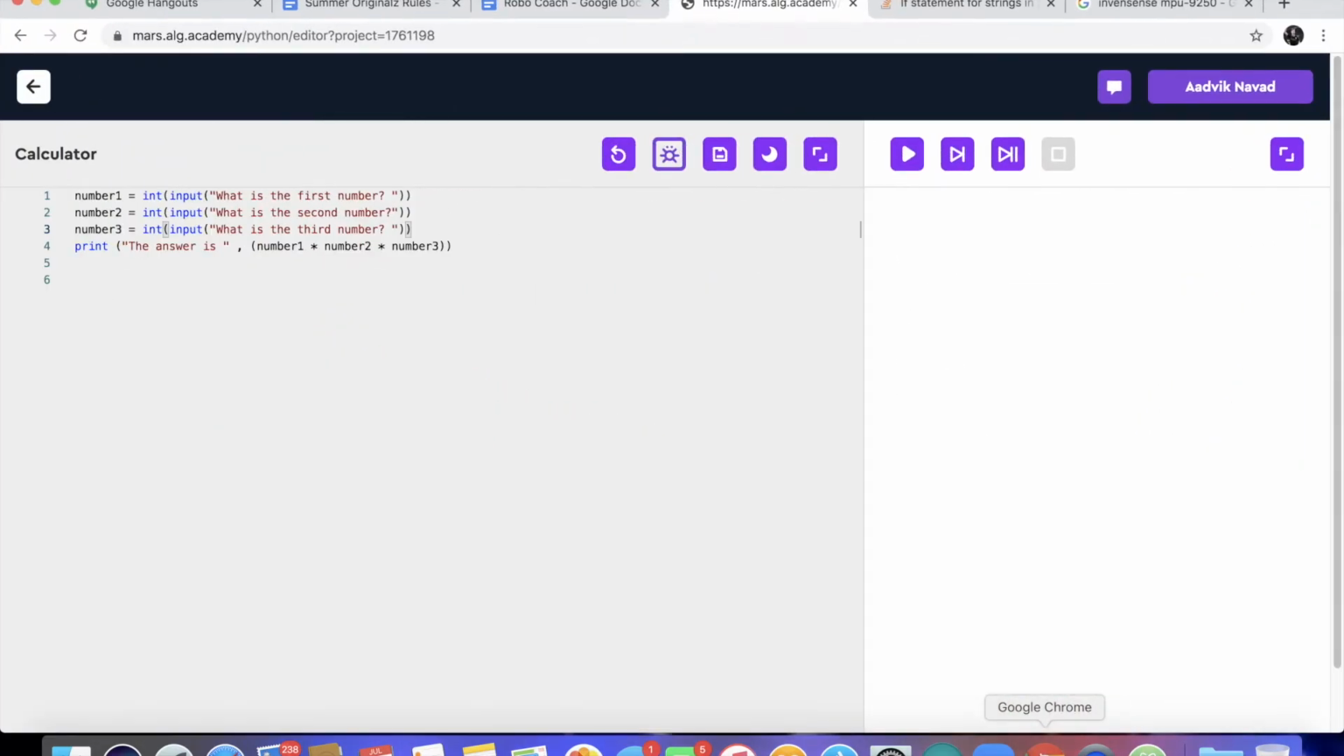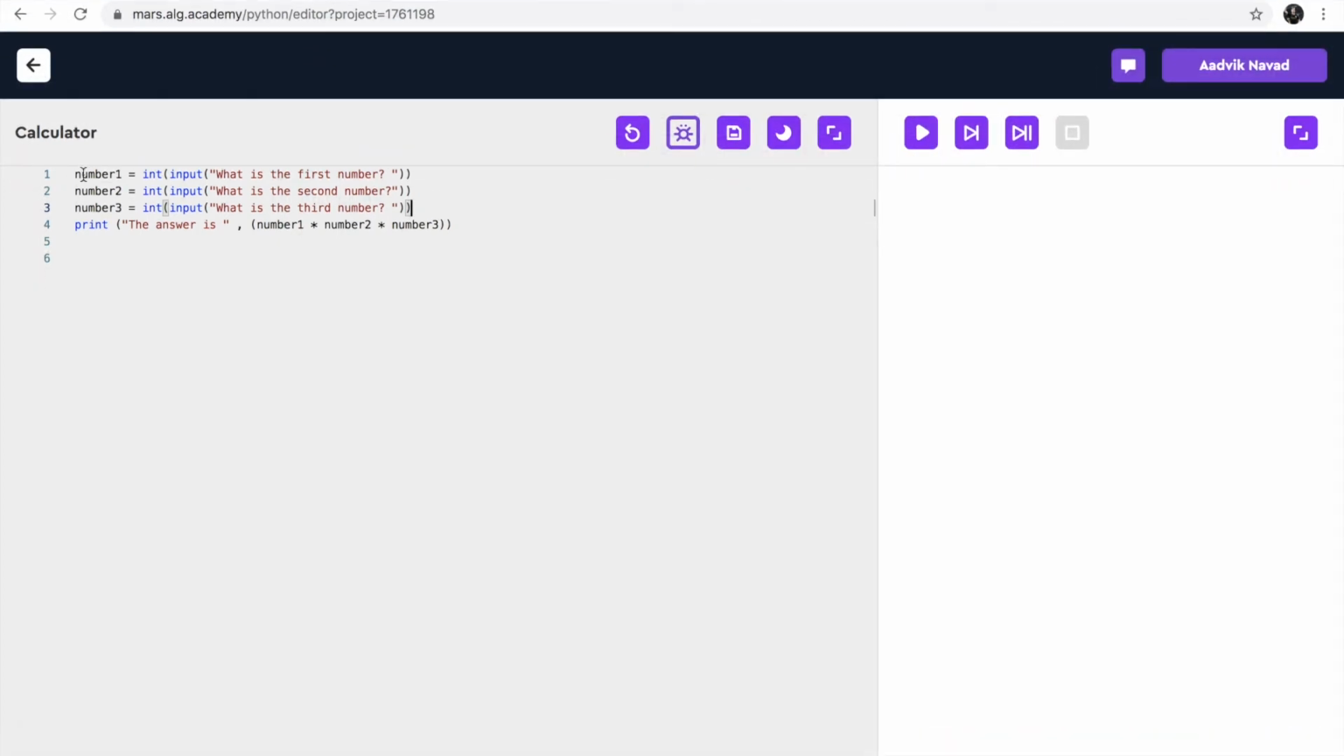So I'll be doing a calculator here, as you can see, and the place I am using to write and run this code is a place called